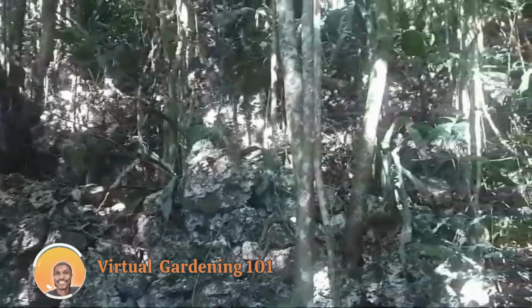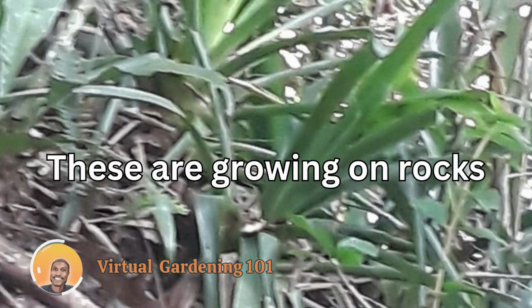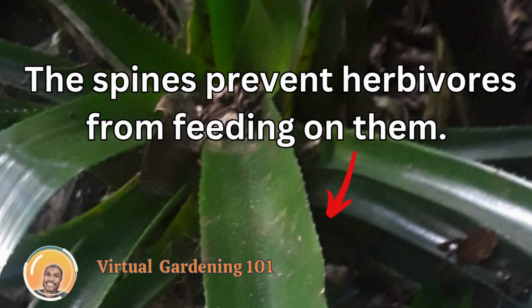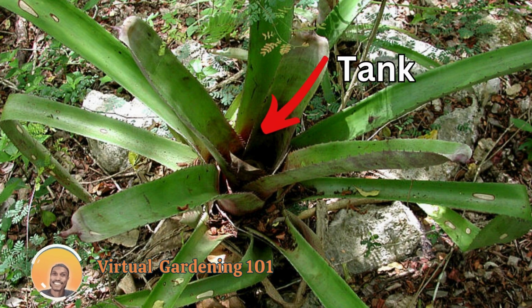Aechmea paniculigera exhibits impressive adaptability, flourishing either as an epiphyte on trees or as a terrestrial plant rooted in the ground. Its long arching strap-shaped leaves are arranged in a rosette, often edged with spines, an iconic feature of many bromeliads. These rosettes not only add to its ornamental appeal, but also form natural tanks that collect water, creating microhabitats